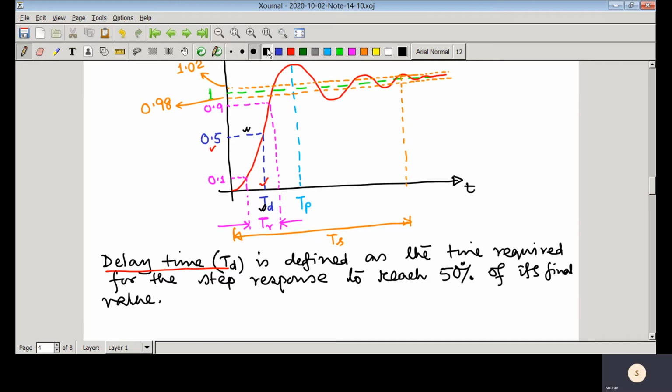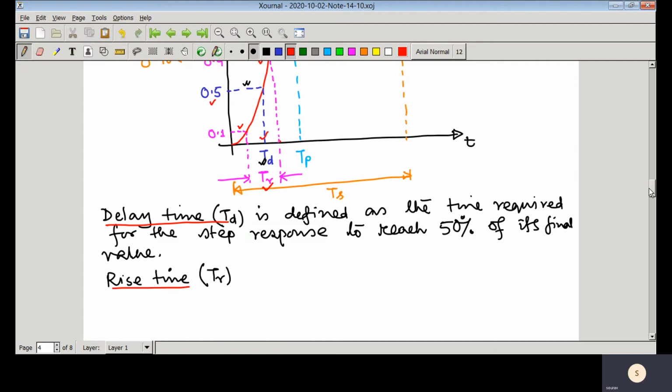Then what is rise time? So rise time is denoted as TR. So let us see what is that. Here we have seen that TR is the rise time. That means this is the time required to go from 10% to 90% of the final value. That is called the rise time. So this is defined